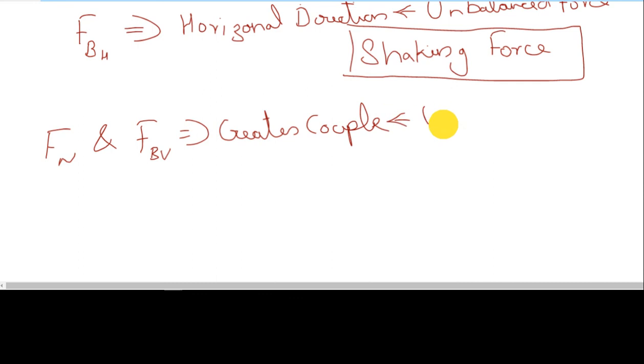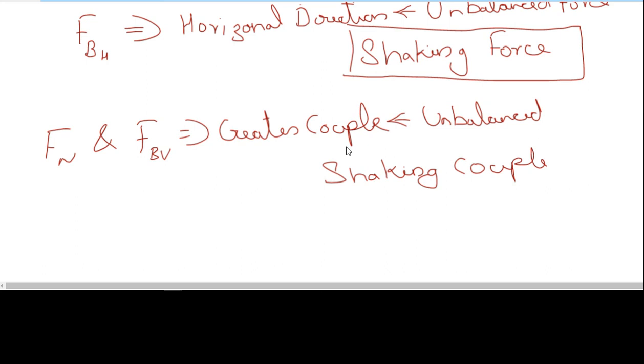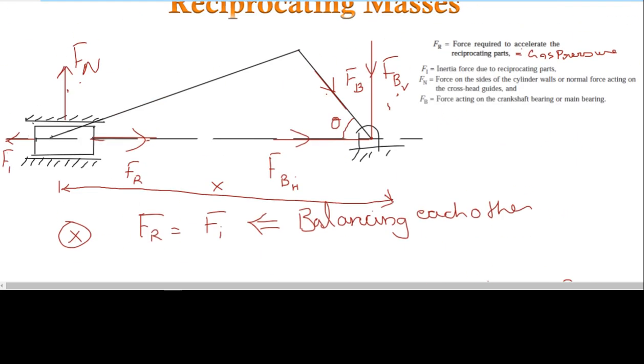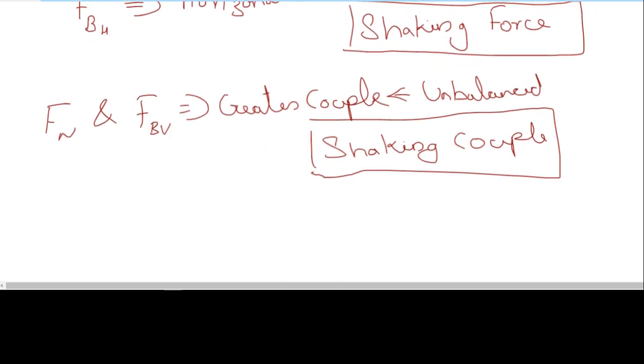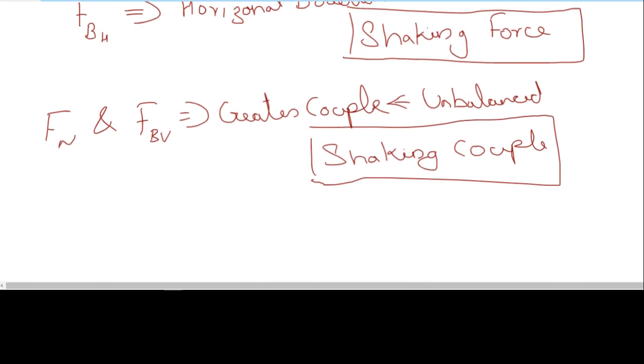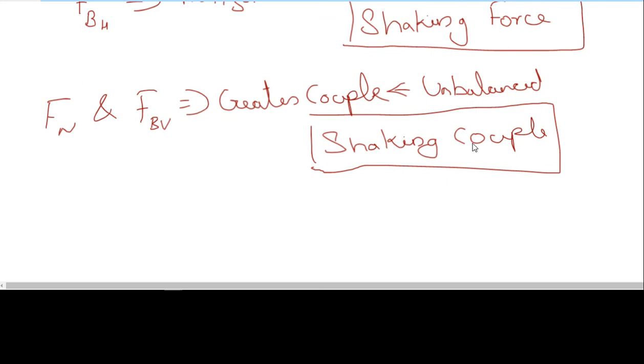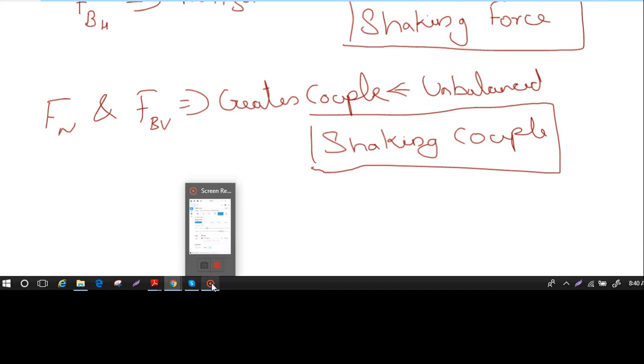and that is an unbalanced couple, and it is known as shaking couple. So we have learned what is shaking force, and we have now learned what is shaking couple. The objective of balancing of reciprocating masses is that we should balance the reciprocating masses by balancing the shaking force and shaking couple. Both are unbalanced. This will create some vibrations on the